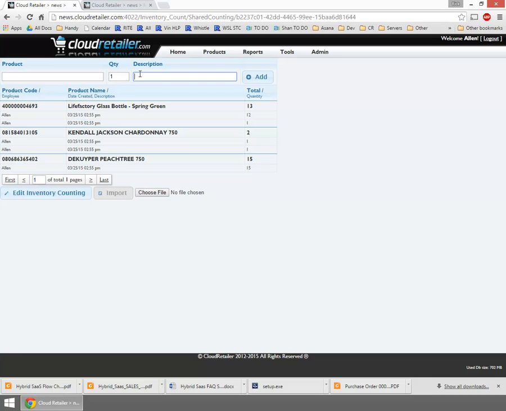So if you're counting in the back room or in a certain part of the store, and you want to track that, you could say back room. Now notice when I'm typing in there, it's giving me the option to set this as the default. And if I do that, now as I start scanning,